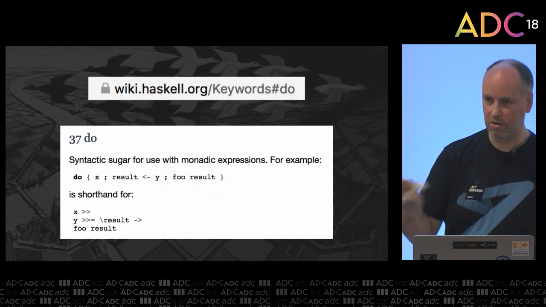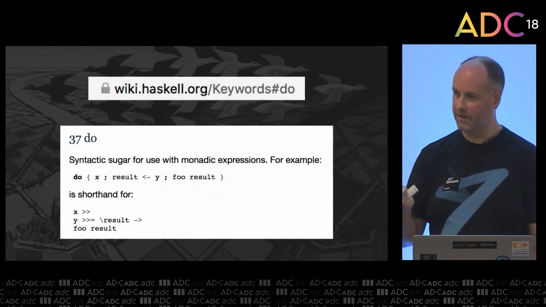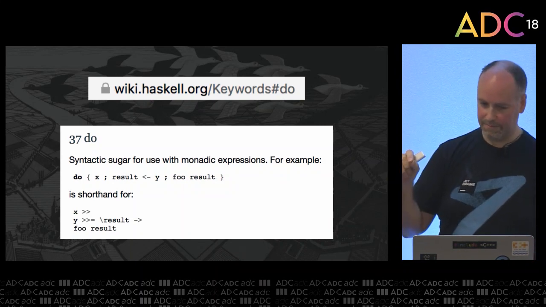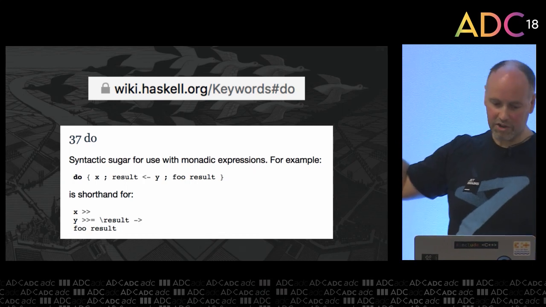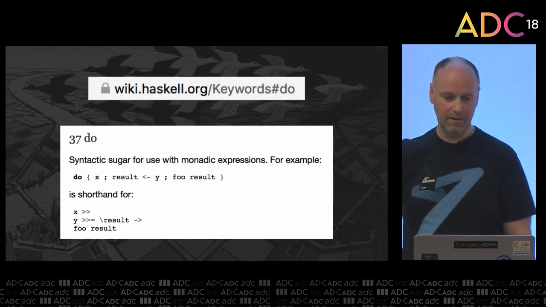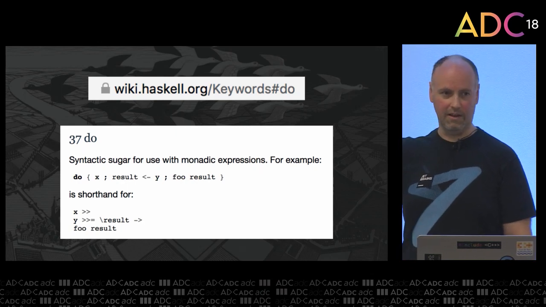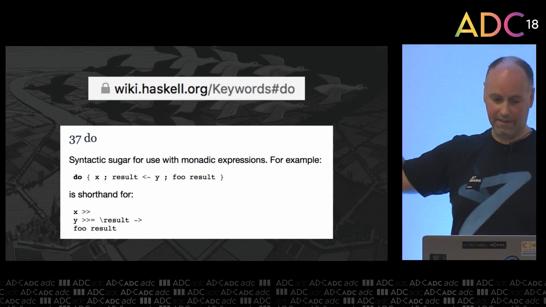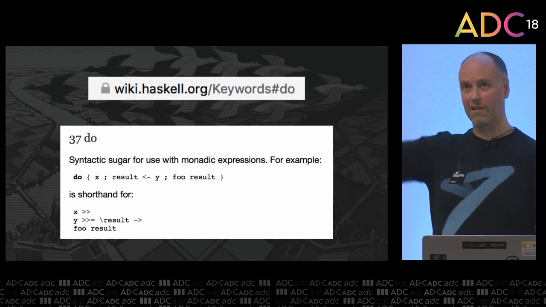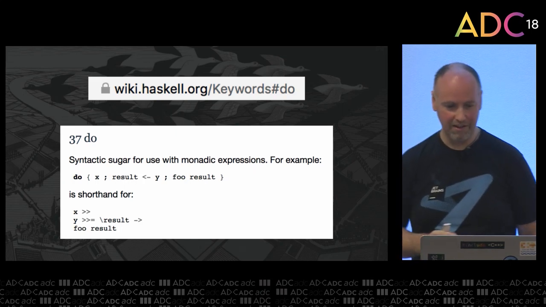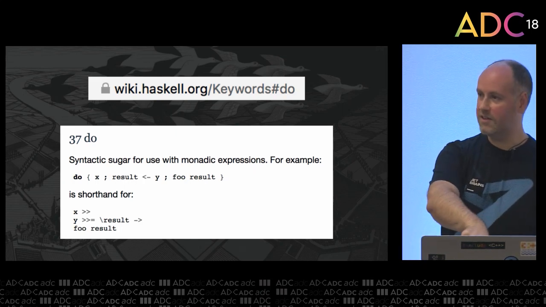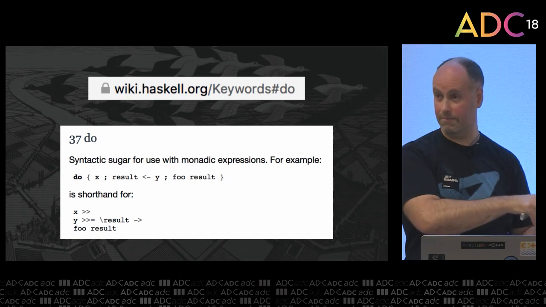Those semicolons are not like semicolons in C++. This is like the sequencing operator. What that will do is, as I said, it's shorthand for what's at the bottom. And if you imagine the greater than is like our pipe operator, and the greater than equals is like our other pipe operator, because I mixed the two together, what it's doing is converting that top thing into something very much like our previous example.